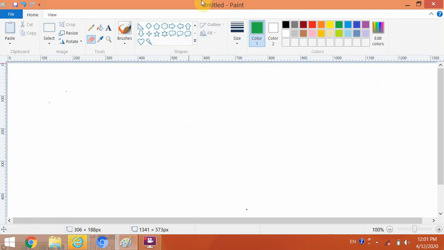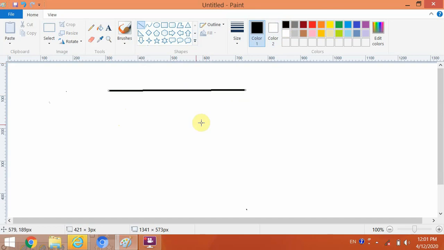Next, if you want to make a flag, then firstly click on line tools and draw it.